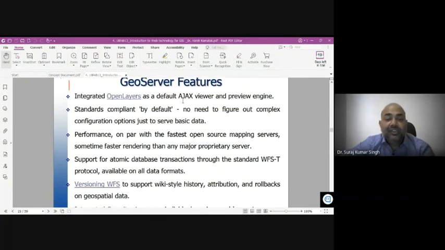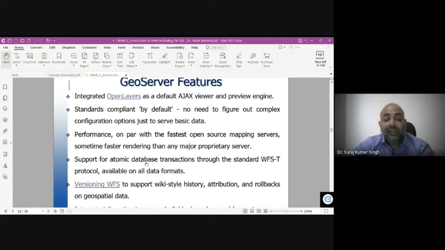GeoServer features: it has an integrated OpenLayers as a default Ajax preview engine. It is standards compliant by default, with no need to figure out complex configuration options just to serve basic data. The performance is on par with the fastest open source mapping servers, sometimes faster rendering than major proprietary servers.